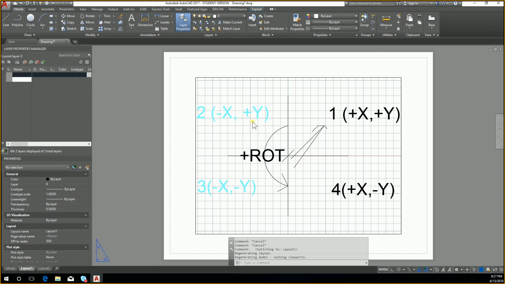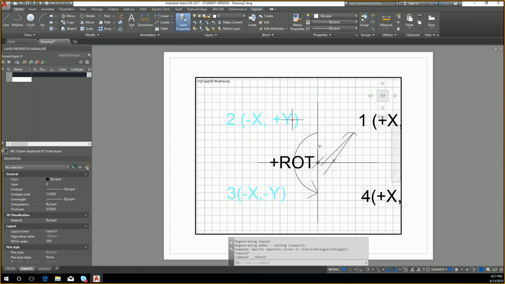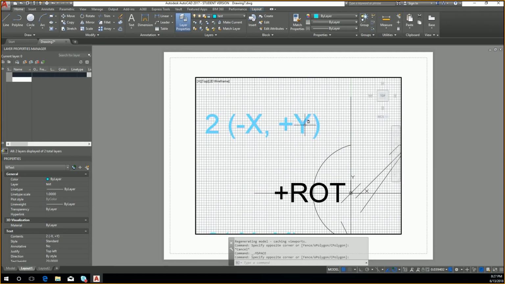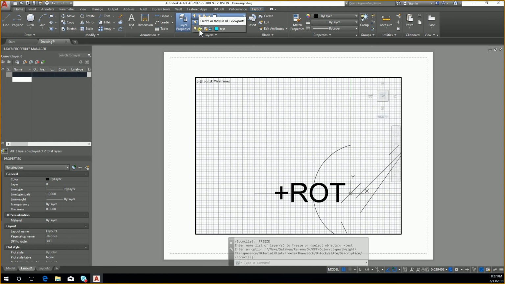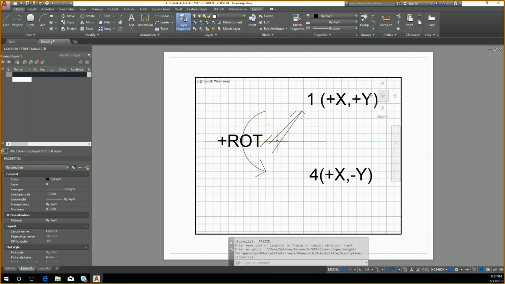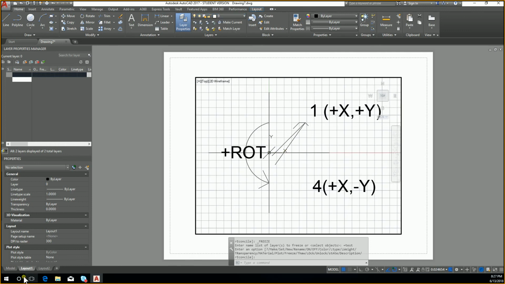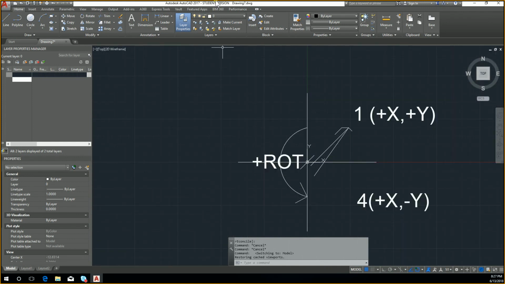Okay, but so just the question that someone had asked here in the class was, what do you do with the freeze function? So within a viewport, as you can see, I can freeze or thaw something. So I have now frozen my test layer. So everything that was on the test layer is now gone. But if I go back to my model space,